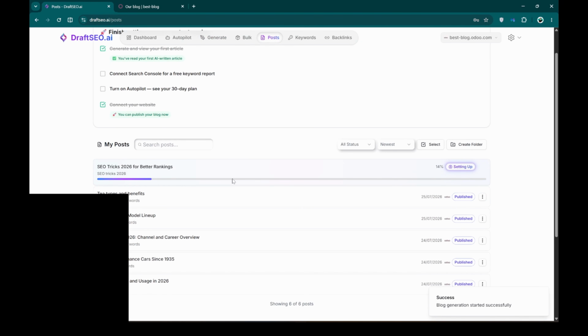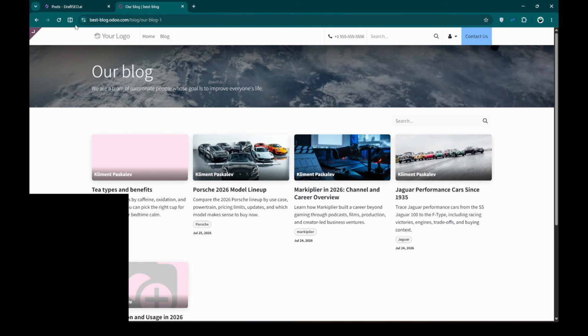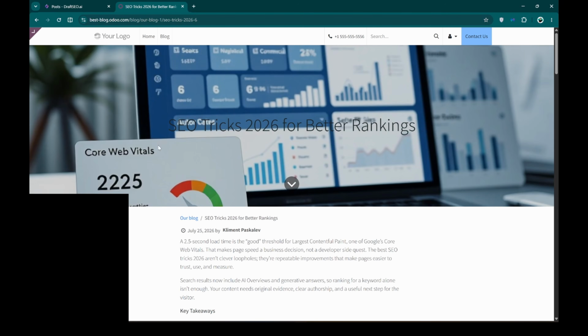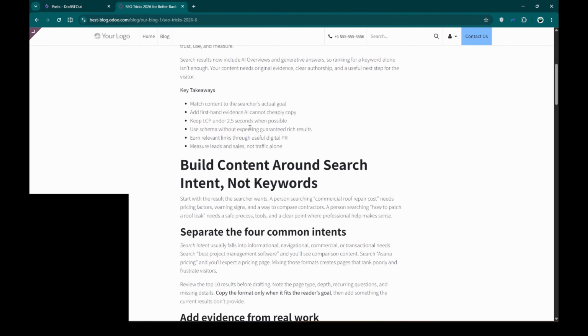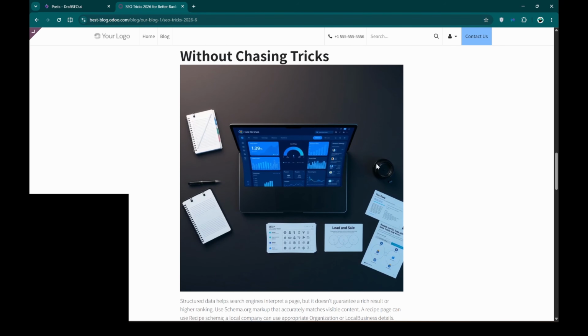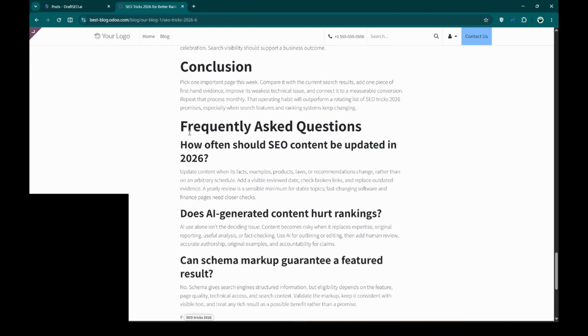Now the blog will start generating. You can see the status over here. Once it's done, you'll see the publish status. Okay, and it's now published, so the auto-publish has worked. If I refresh the blog on Odoo, I can see the new blog has been added with the images uploaded. We go image, and then you have the entire blog with the YouTube video, with the second image, tables, FAQs,